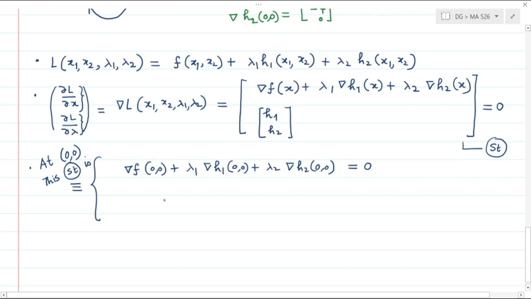Obviously these two conditions are satisfied. However, for the first one, do we really have lambda 1 and lambda 2 for which the first condition is satisfied? Obviously no. This is due to the following fact. The first equation gives